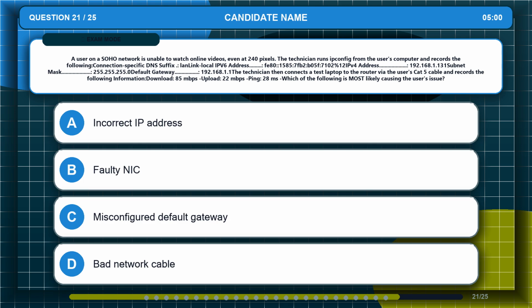Here comes another one. Choose the best answer, not just an answer that sounds familiar. Watch the wording here. A user on a SOHO network is unable to watch online videos, even at 240 pixels. The technician runs IP protocol configuration from the user's computer and records the following: connection-specific DNS suffix: LAN, link local IPv6 address FA80 1585:7 FB2B05F 7102%12,